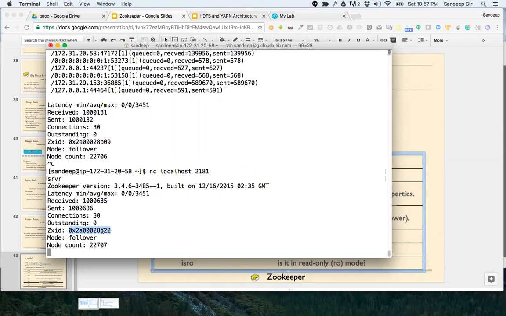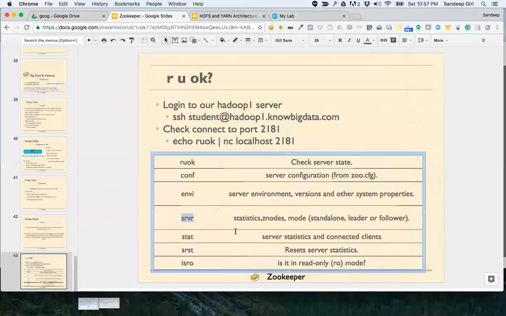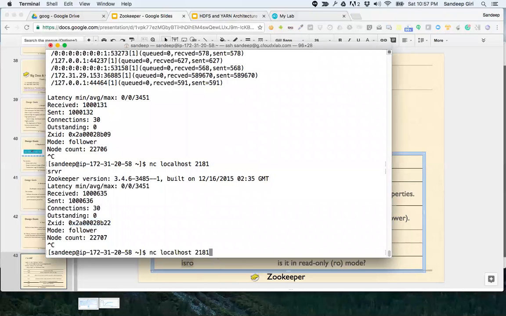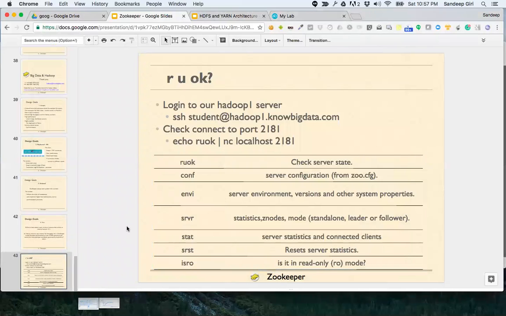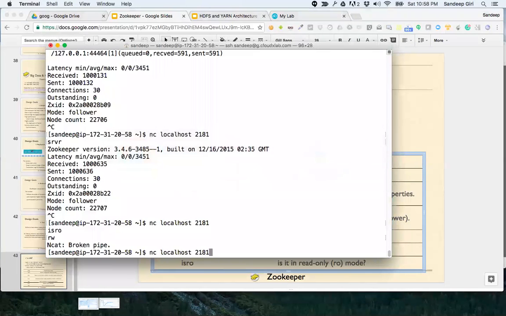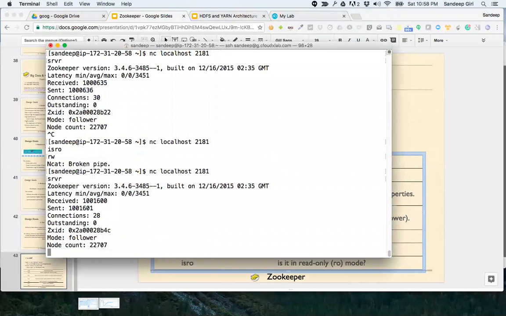Let me just check if my server is in read-only mode. So you can see that there are these commands using which you can find out, but still we could not find out who is the leader right now.